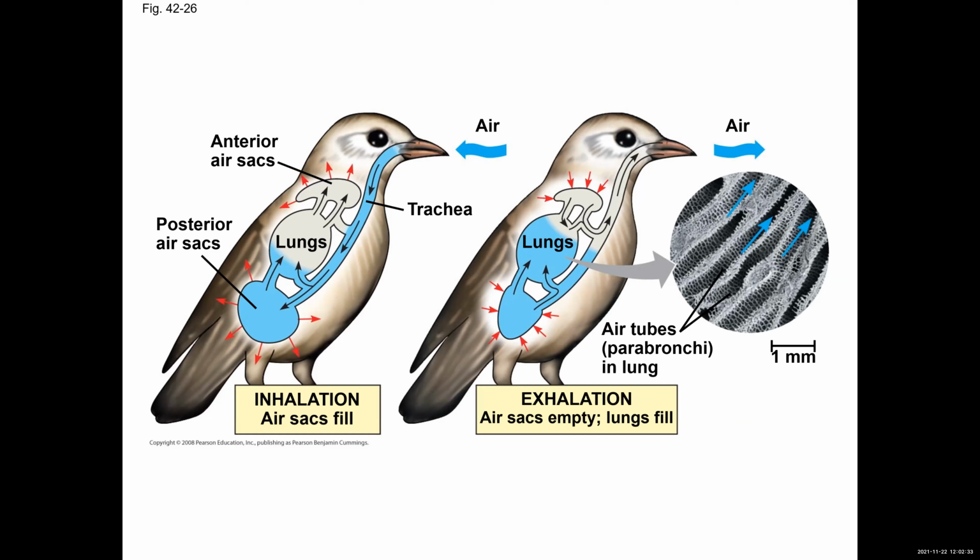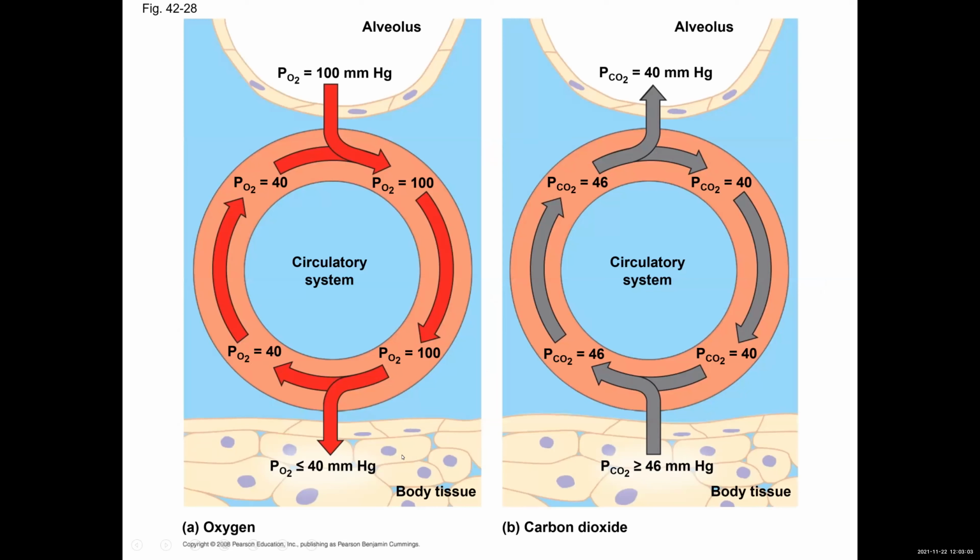And that's in part because we have a respiratory pigment, all right? Birds do too. It's called hemoglobin. Hemoglobin is stored in our red blood cells. And as our red blood cells are circulated around the body, they're able to pick up oxygen from the air in the lungs because they have a lower oxygen concentration compared to the air spaces in the lungs, and then drop the oxygen off in places in the body that it's needed because the circulating blood has a higher oxygen concentration than the